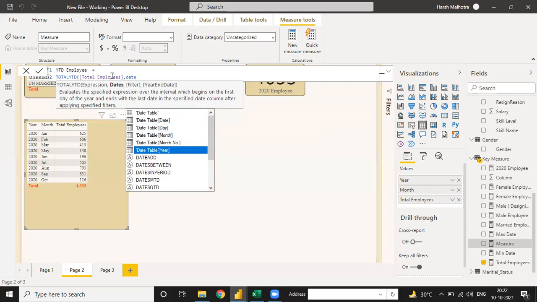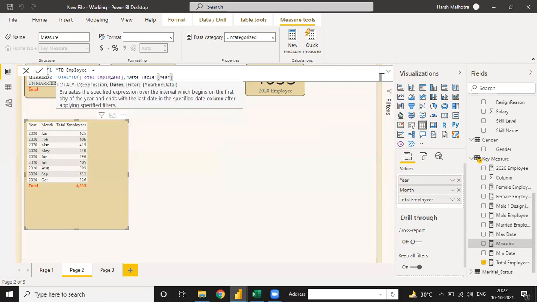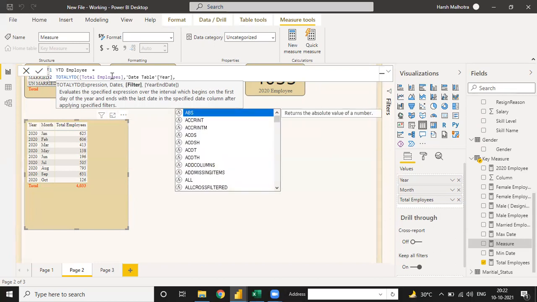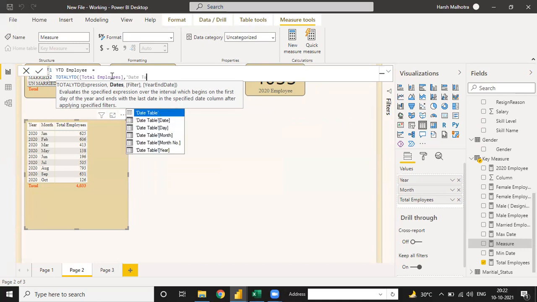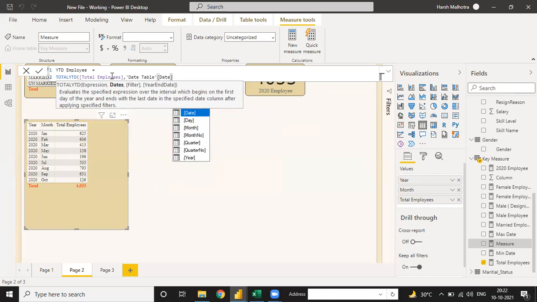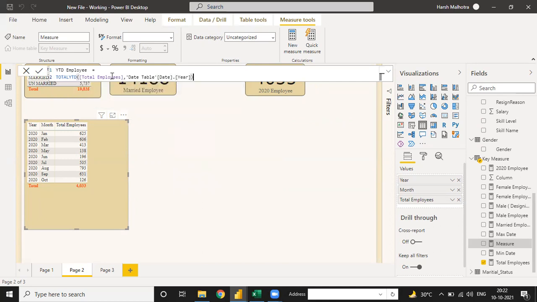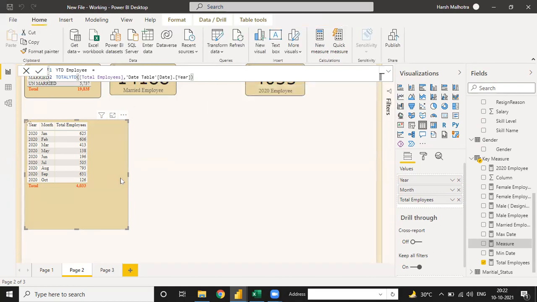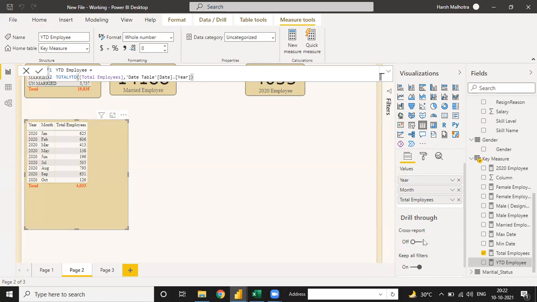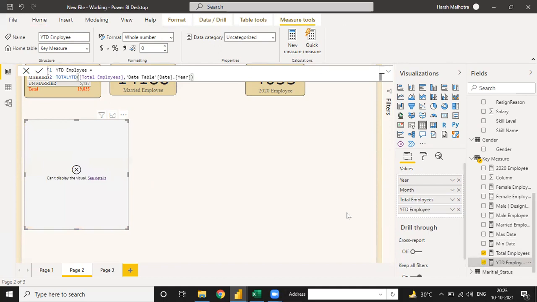Right now I'm choosing year-wise, and for the month of year as well, and press enter. It will give you the total year-to-date value. Just check what the value is.